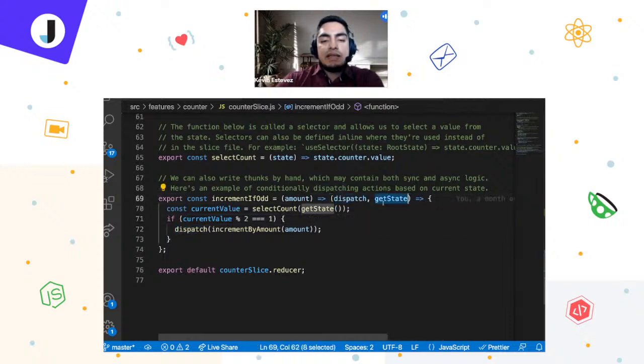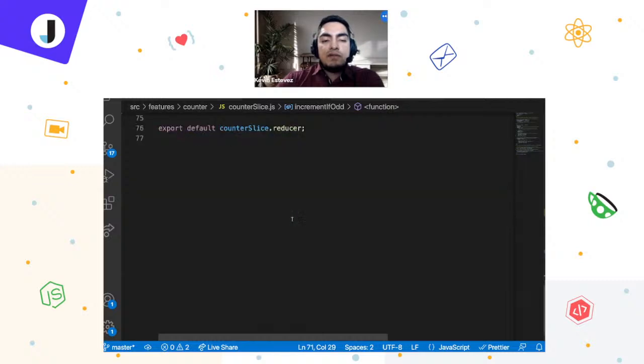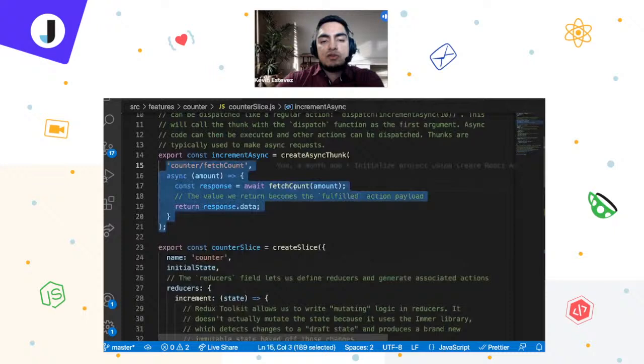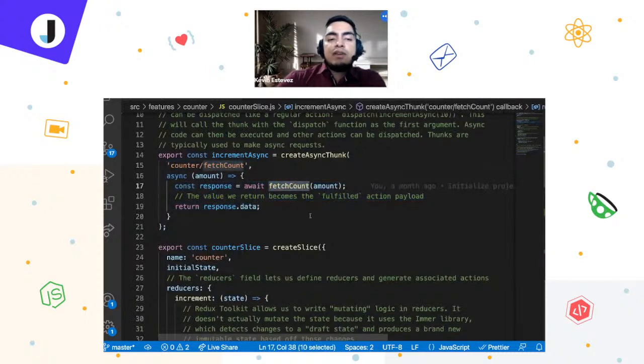To mock the get state, and also I'll have to mock the fetch count, which was not the case for Saga, right? Because for Saga we compare JavaScript plain objects with each other since we are using the Saga effects. So that's basically the example of this